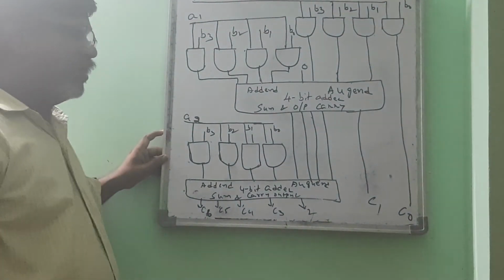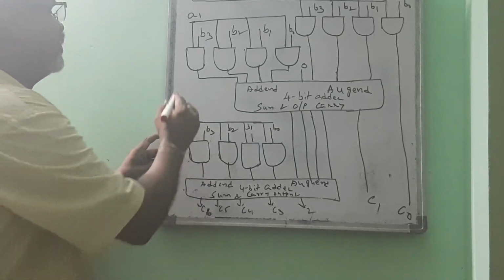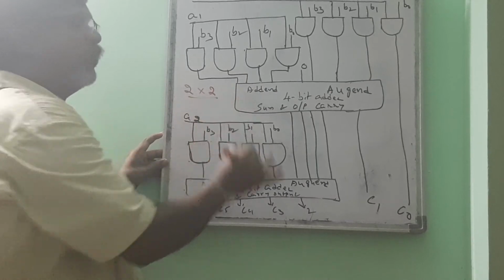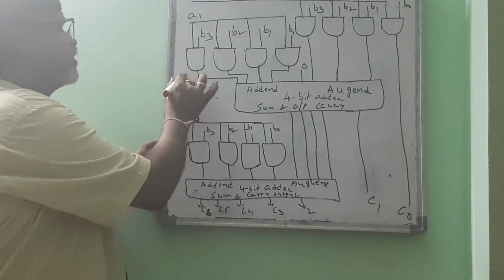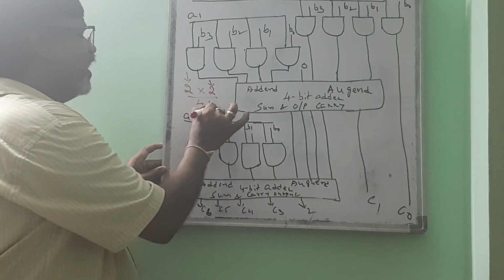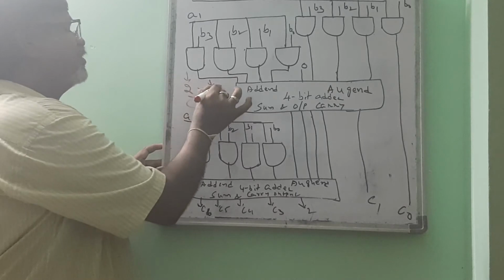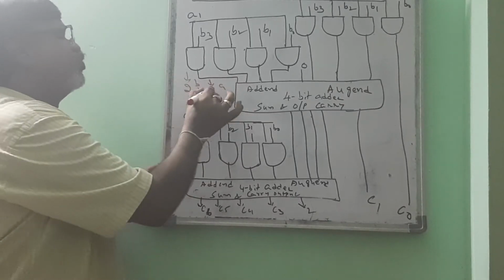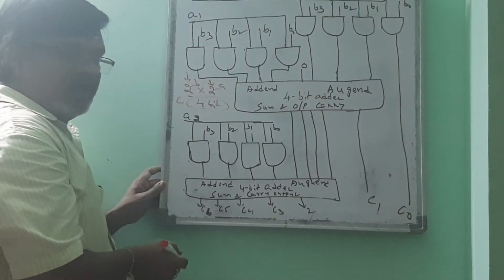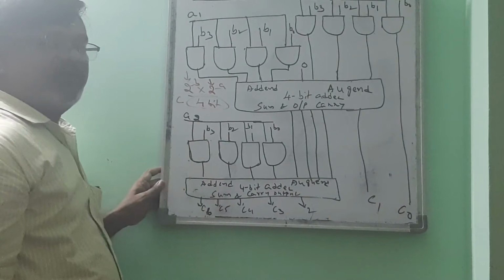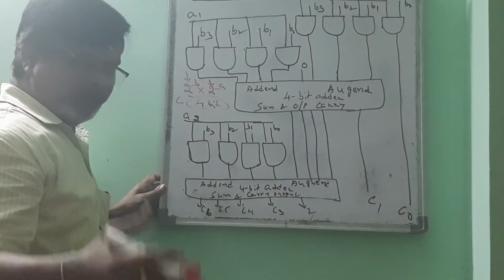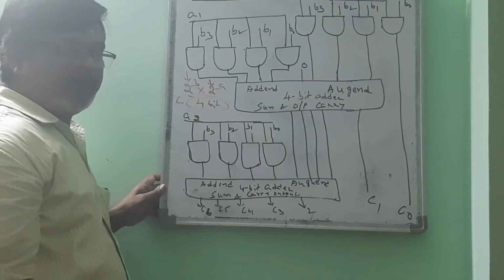Students, previously we have seen a diagram of 2 by 2 bit numbers, a 2-bit number input and a 2-bit number as input, where we got 4 bits as the final result. So this is A and this is B, containing 2 bits each, and C, the final result, we got as 4 bits. There, as per our calculation, we required 2 into 2, 4 AND gates.